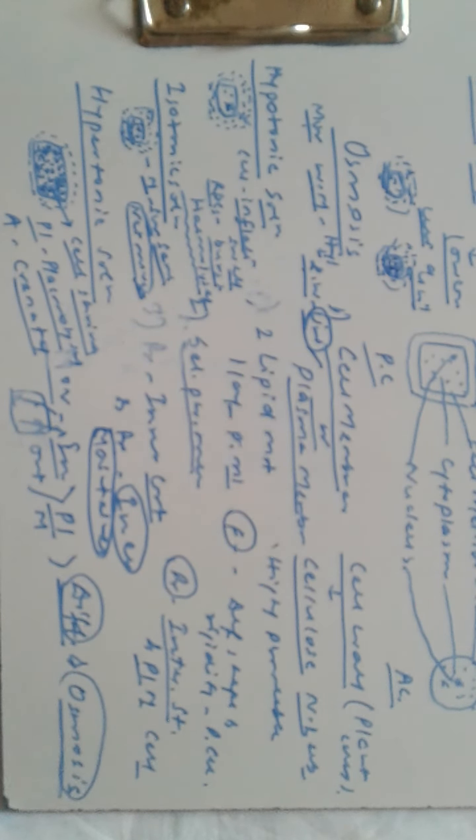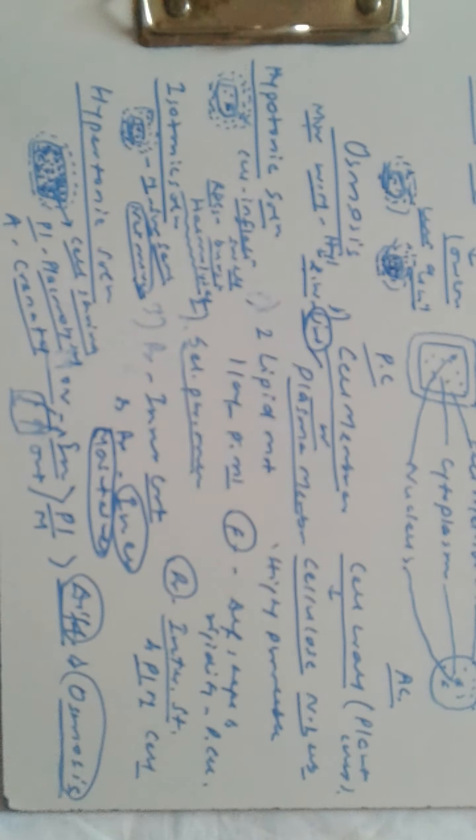So we have three solutions here: hypotonic, isotonic, and hypertonic solution. What happens in hypotonic solution? Here the medium surrounding the cell has more concentration. As a result, the movement is from higher concentration to lower concentration, from outside to inside, and the RBCs will become swollen and burst. The particular process is known as hemolysis, and the RBCs will get hemolyzed. Isotonic solution is such kind of solution in which the medium surrounding the cell has the same concentration as that of the cell, so there will be no net movement of water.